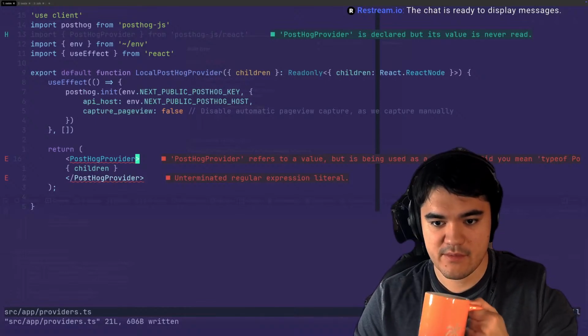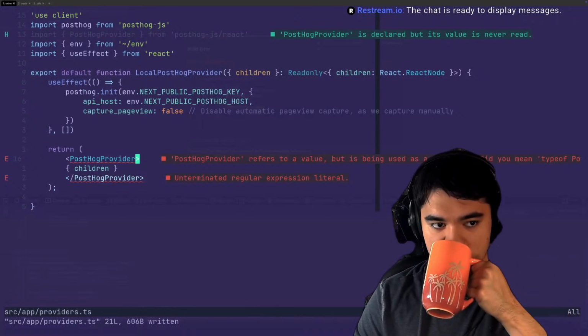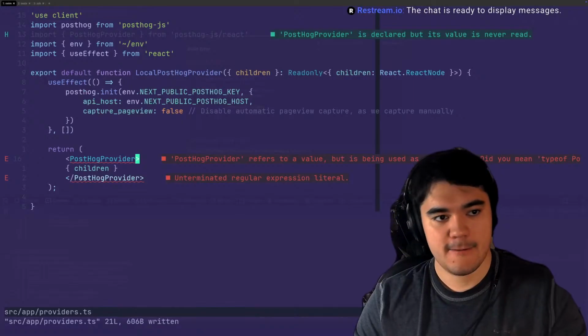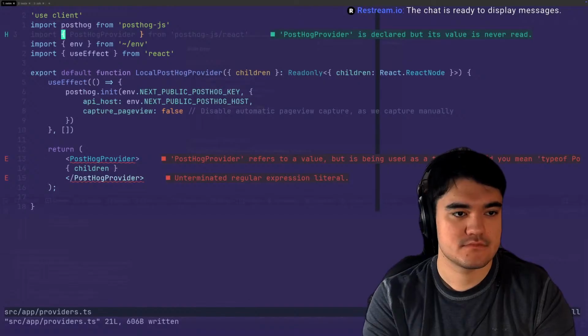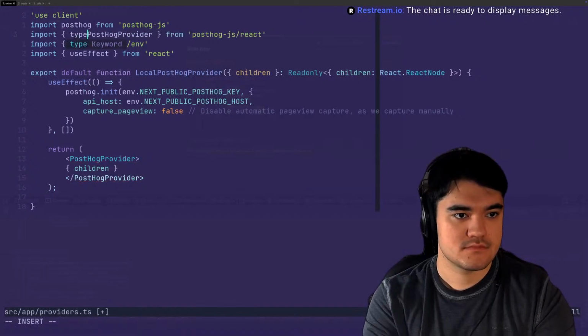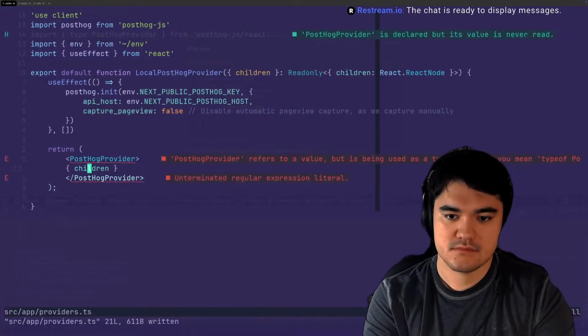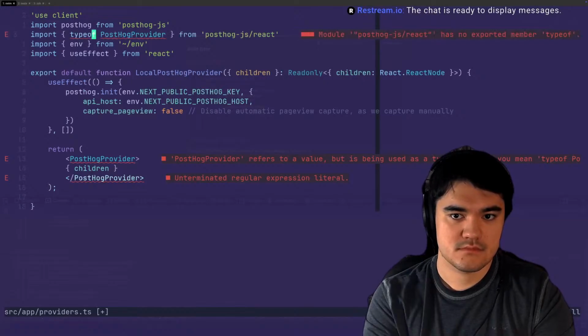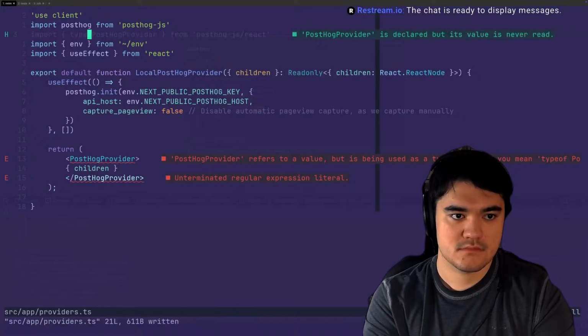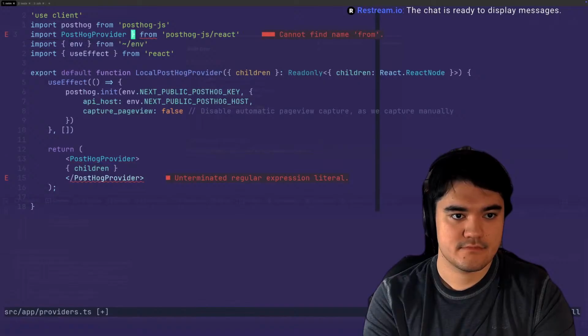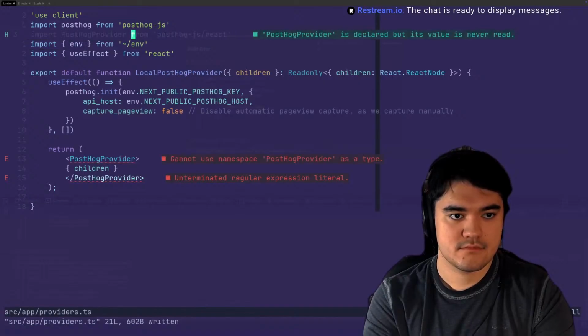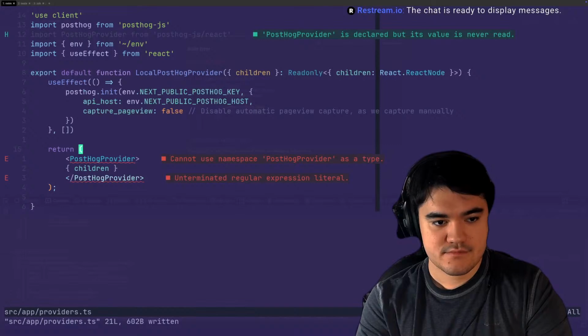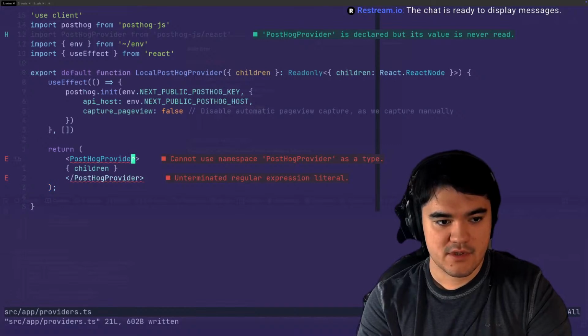Refers to a value but is being used as a type. Cannot use namespace PostHogProvider as type.